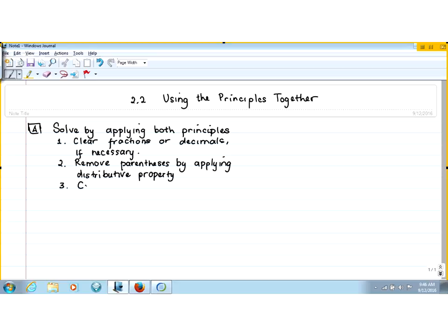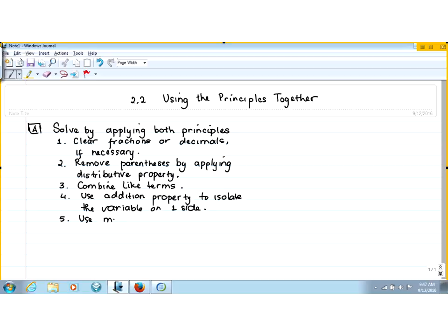Okay. 3, combine like terms. 4, use the addition property to isolate the variable on one side of the equation. So I'm just going to put one side. 5, then the last one we use is the multiplication property. So we usually use addition first and then multiplication. All right. Okay. So, for example,